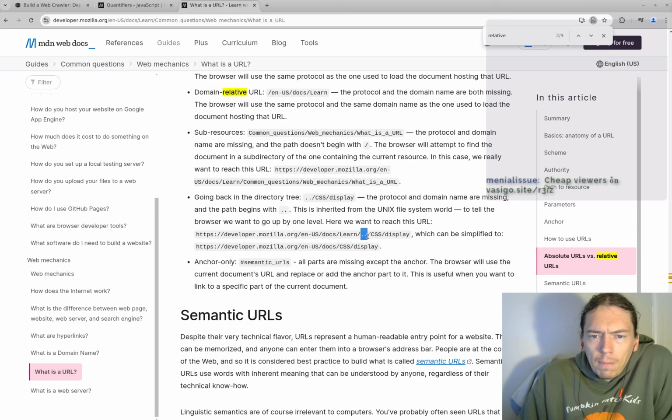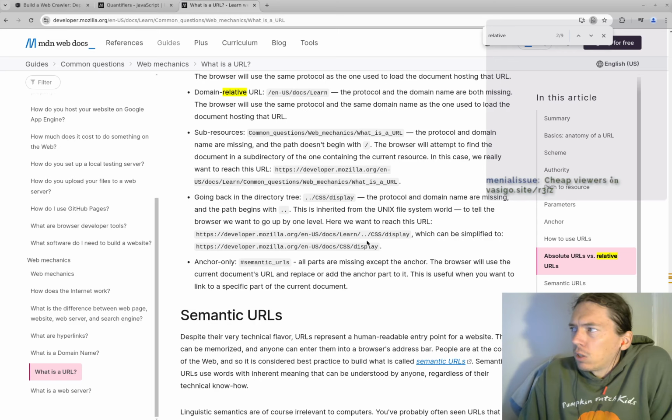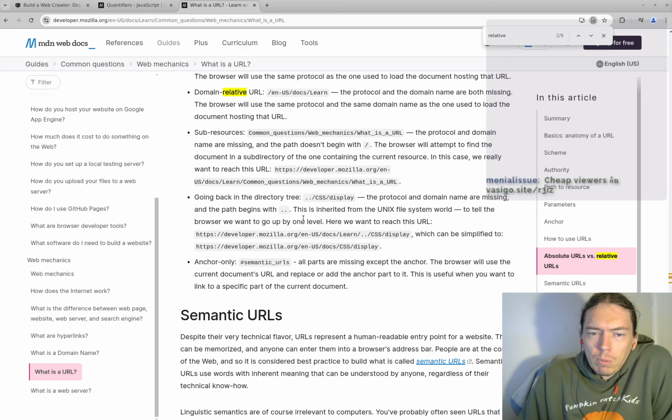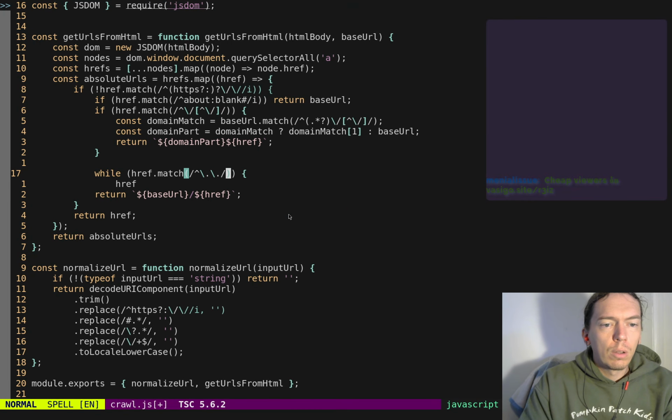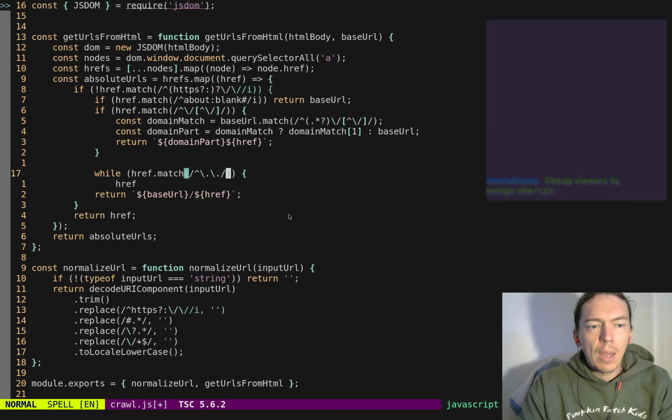I mean, there's also the possibility of a dot dot somewhere in there, but I'm not going to worry about dot dot somewhere in the middle, just at the front. Okay, so while href dot match this,